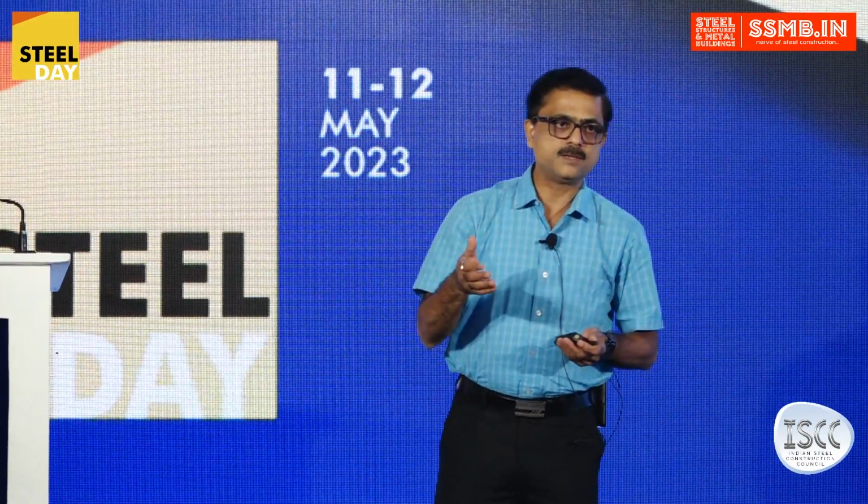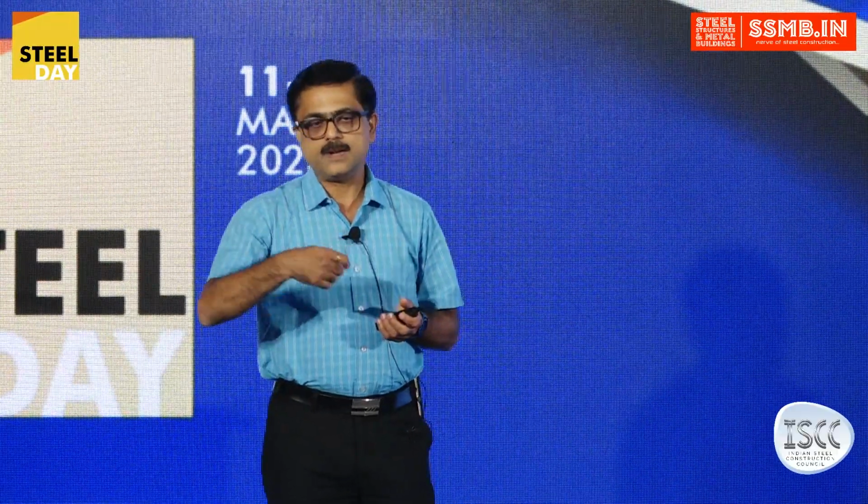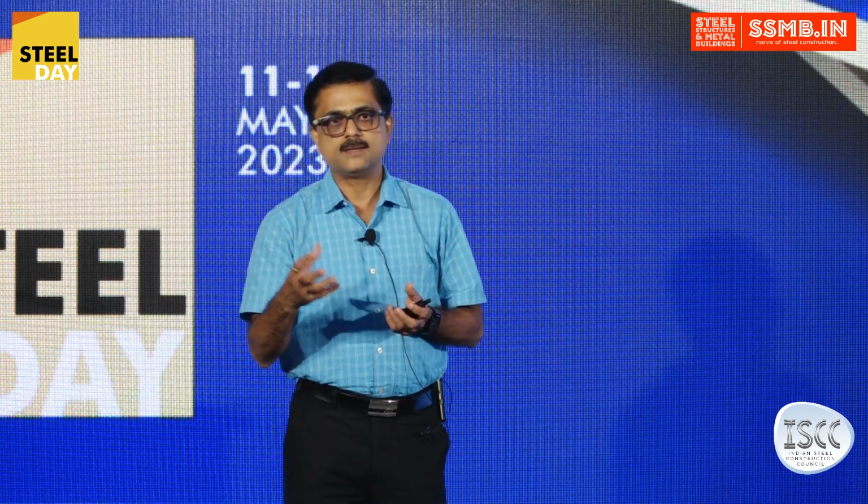So what are these initial geometric imperfections? When we manufacture the beam, it is welded along its length. So there is very high heat generation, and when it cools down, it leaves localized stresses, and due to that the member undergoes some deflections or gives some camber in the horizontal and vertical directions. So this is the initial geometric imperfection, and also the type of load application on the beam itself.